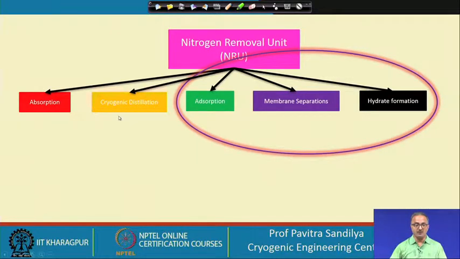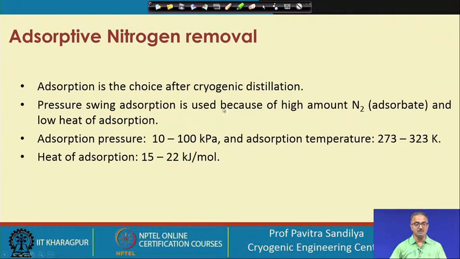What we have learned earlier, there are 5 methods. These two, absorption and cryogenic distillation, we covered earlier, and in this lecture we shall be covering these 3 types of nitrogen removal methods. Now coming to adsorptive nitrogen removal, first we see that adsorption is the choice